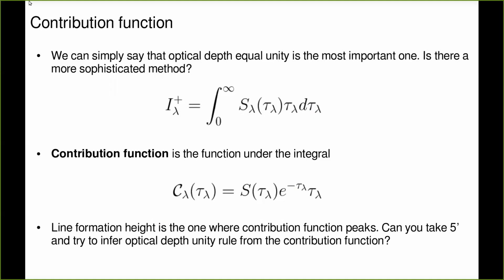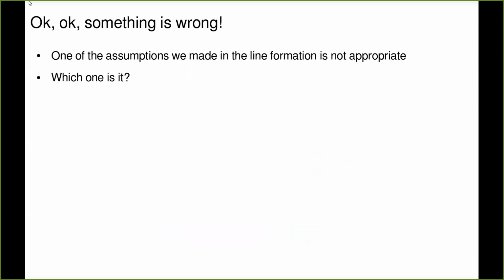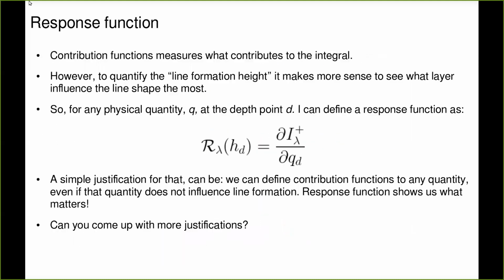However, they might not. The most drastic example is that, as I said, the contribution function is not making the difference between various parameters. So it could be that my line is completely immune on some parameter, right? Or very weakly sensitive. Let's say that I have a spectral line which is very broad and has a very flat bottom, right? Then it's going to be relatively insensitive to the temperature, to the velocity, right? But still, my contribution function won't be able to tell me that. But if I calculate the response function, I will be able to see that thing. And often they're going to look the same.